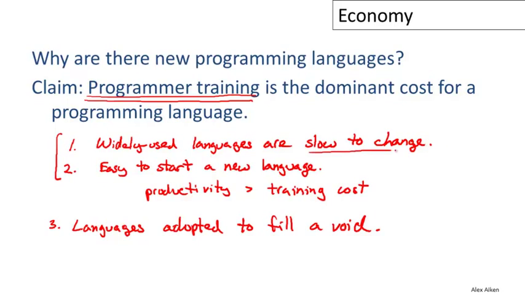The old languages are slow to change, and so they have some difficulty adapting to fit these new domains, and they aren't necessarily well suited to them for the reasons we talked about on the previous slide with the previous question, because it's hard to have one language that incorporates all the features you would want. They're slow to adapt to the new situation, and this tends to call forth new languages. So when there's a new opportunity in some application domain, if there are enough programmers to support the language, often a new language will arise.